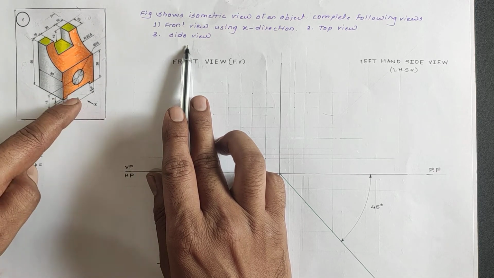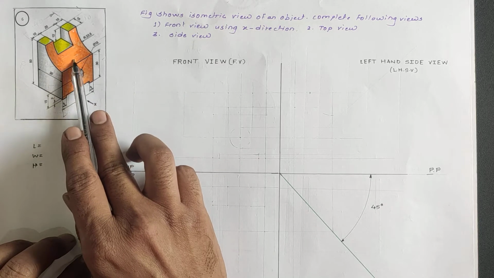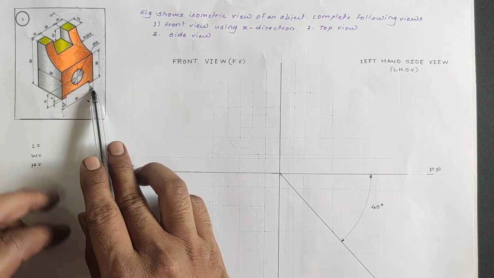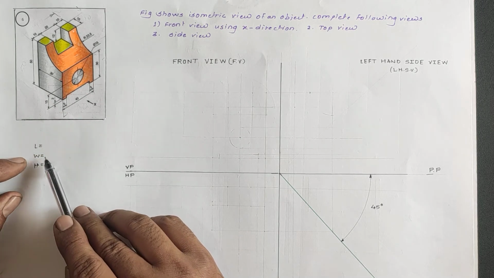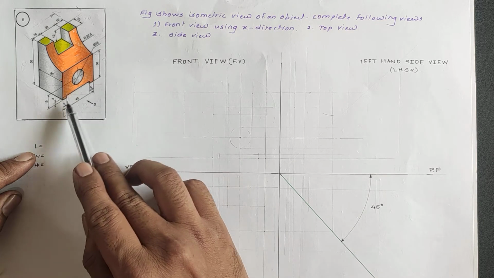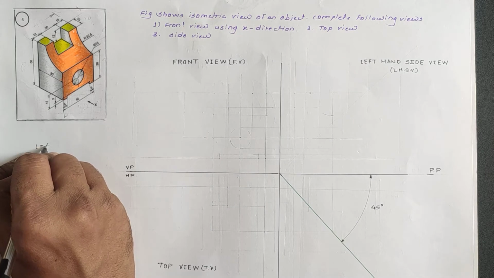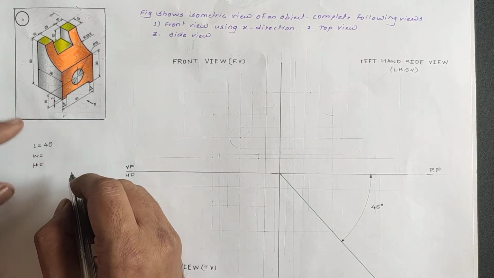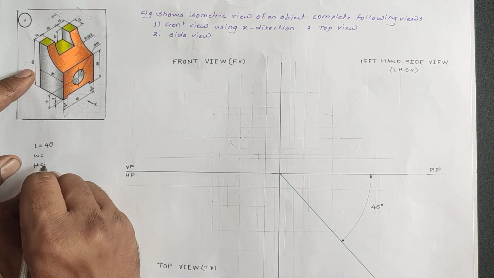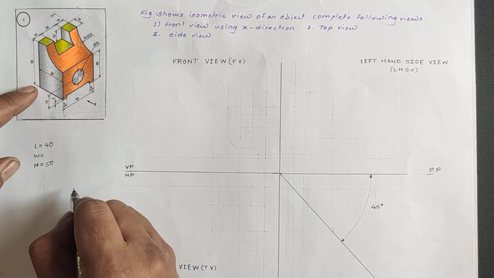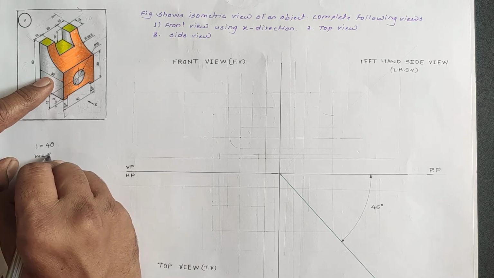So this is used for front view. You can see this highlighted portion in front view. Initially we need to calculate the three parameters, that is the length, height and width. Length of the object in front view is shown here, 40 mm, not required to calculate. Total height of the object we can see directly in the figure, 50 mm, and width of the object is also shown here, 30 mm.